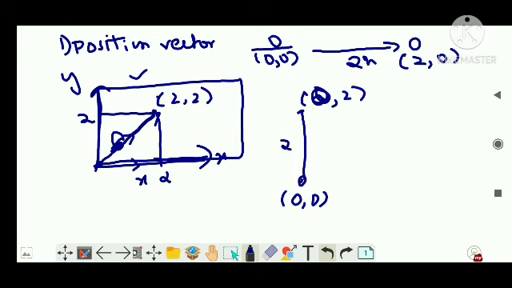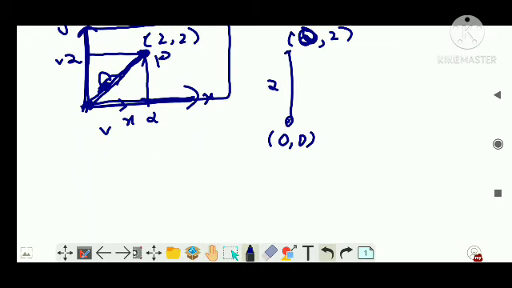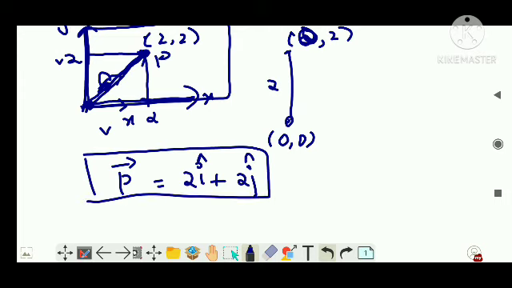Let's say this is a paper, right? The edges become the x and y axes, and there was a particle here, it moved and reached here. If this is now the current new position of the particle, say p, then that object has moved both in the x-axis and y-axis by 2 meters, right? So that means p I can write in vector form as what? 2i plus 2j, right? I have told you about it. Clear? Now I hope you understood it.